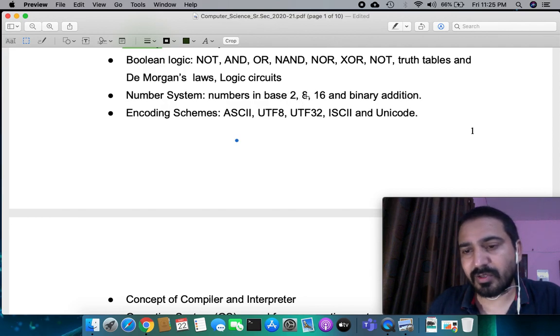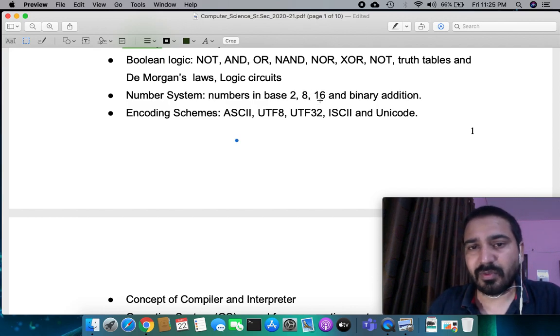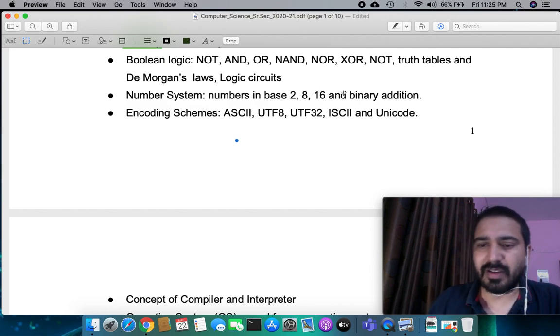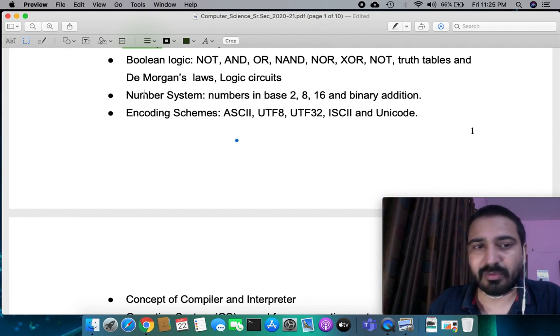When we come to 8, so 8 different numbers are there. So that is octal. This is hexadecimal. So for the base 16 number system, there are 16 different numbers: 0 to 9, and then A, B, C, etc. So these are the 16 different numbers, and that comes to the base 16 number system. We will discuss it when we come to this chapter. Then we will discuss how to convert numbers from one system to another system. So we'll cover it and do some numerical problems as well.